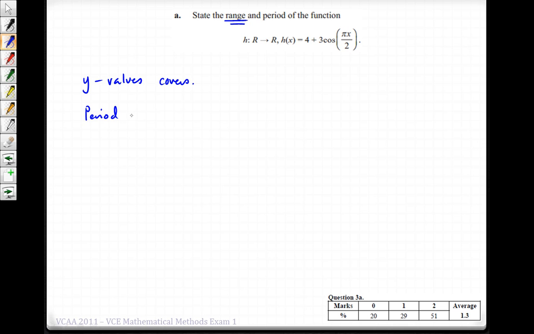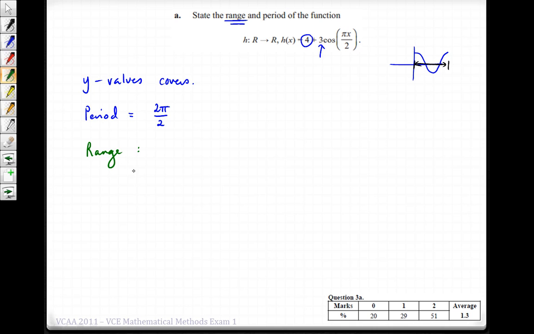of any cos or sine function is equal to 2 pi on n, and it's how long it takes to complete a full cycle. So that there would be 1 period. Alright, so the y values that it can take, we've simply got, it's translated up 4 units, and then it's got an amplitude of 3. So the range